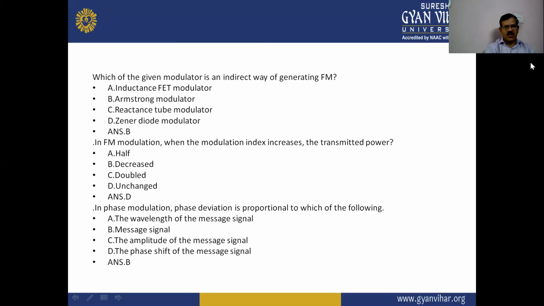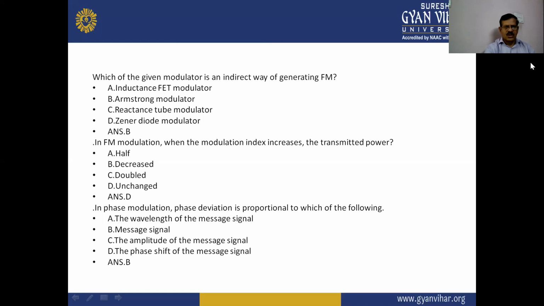Next, in FM modulation, when the modulation index increases, the transmitted power: option A, halves; option B, decreases; option C, doubles; option D, unchanged. The correct answer is option D, because the modulation index is independent of, not dependent on, the transmitted